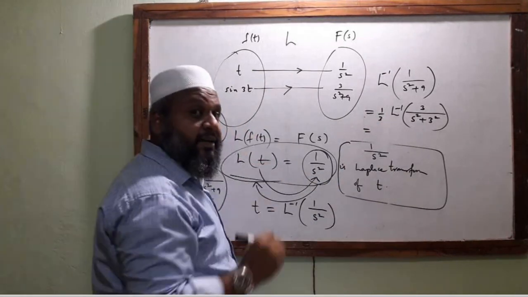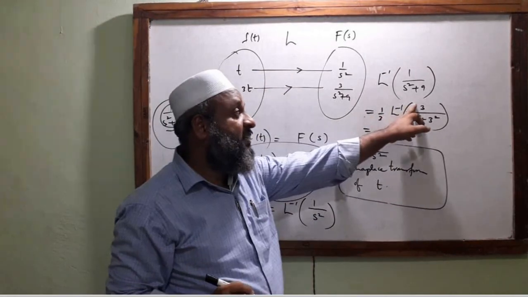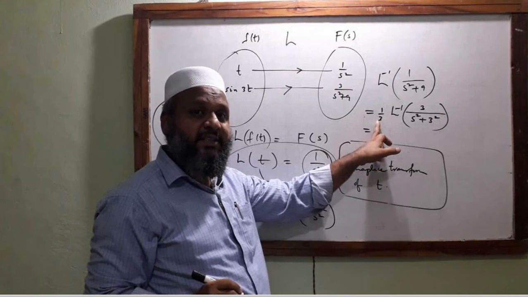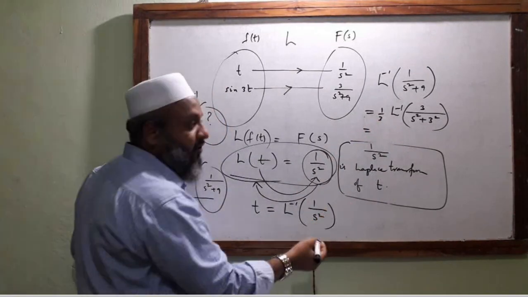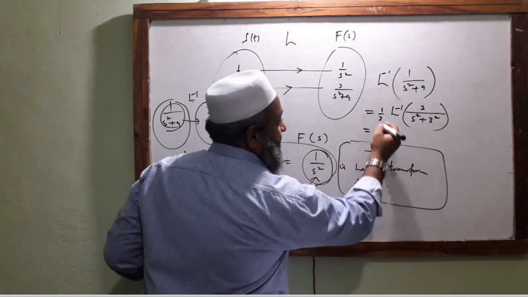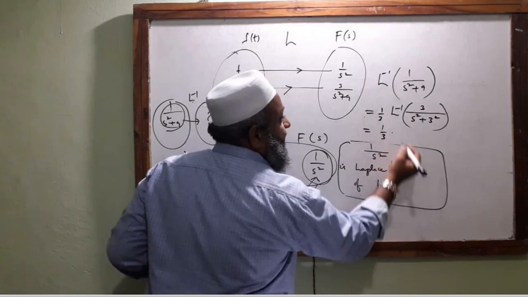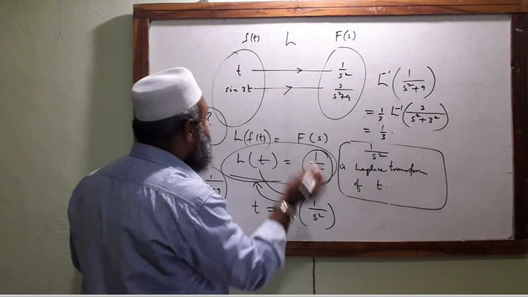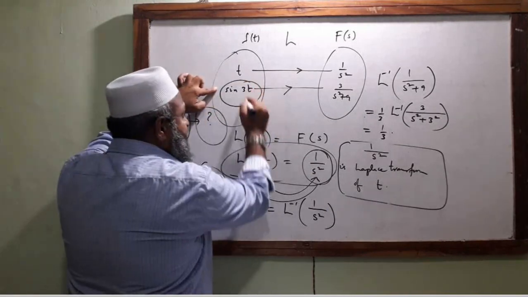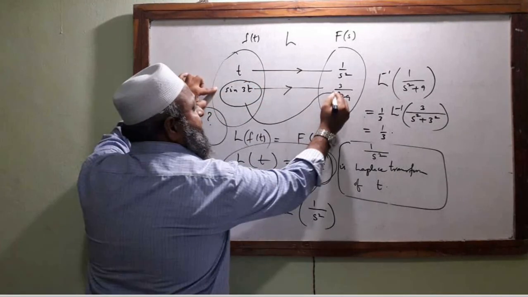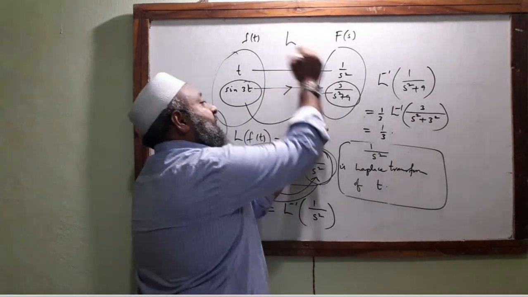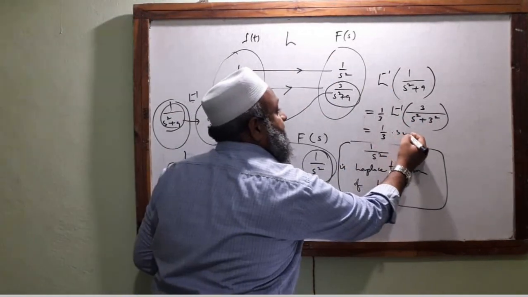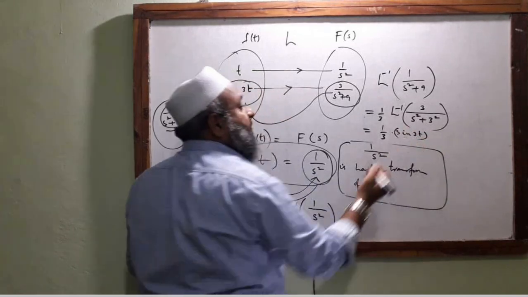But again a question comes here, can we multiply a constant inside and cancel it like this? This will be answered by the properties of Laplace transforms, which we will talk about right now after some time. Okay, so 1 by 3, and if you recall, sine 3t is 3 by s square plus 9. So what is L inverse of this now? L inverse of this is nothing but sine 3t.